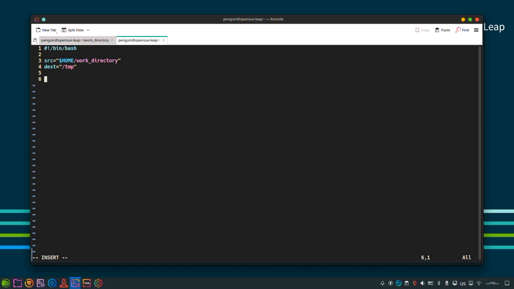And the command cp -r for recursive, and I write the source and the variable destination. Okay, and after this one finishes, I would like to get a message to tell me that the backup has completed. So I can write echo and a message, backup completed. Okay,